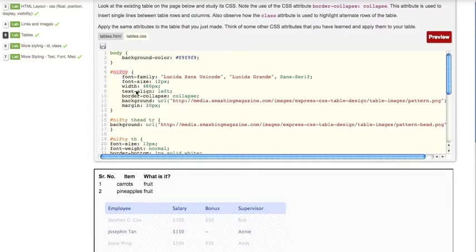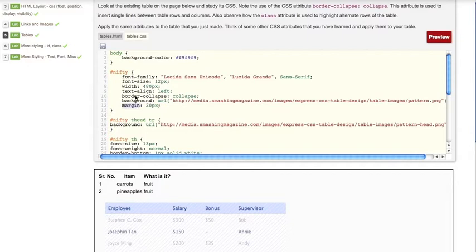Text-align left essentially means that the text should be left aligned, just like you have in a word processor. Then we are assigning a background, and see how we are assigning a background by using a URL. What this will do is pick the image from this URL and assign that as the background. So we are not assigning a color really, we are assigning an image as the background. And finally we have a margin.